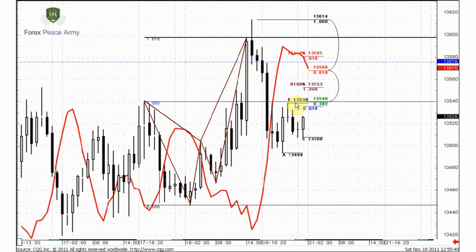Since we expect that market should show some retracement to the downside, at least from that area, this will let you close your trade at break-even if you, for instance, enter in that area or that area. So when market starts to move to the downside, you could enter at break-even. If you entered somewhere from that area to the downside, that will allow you to place the stop at break-even. So be very careful